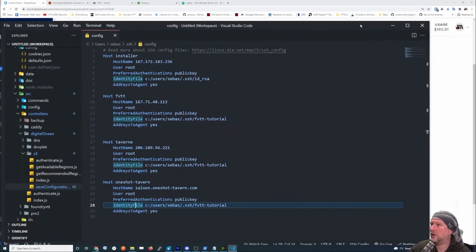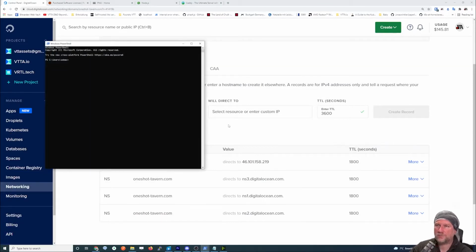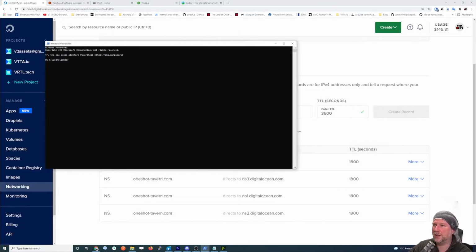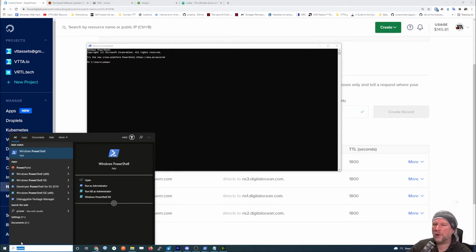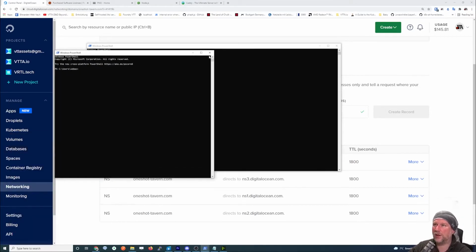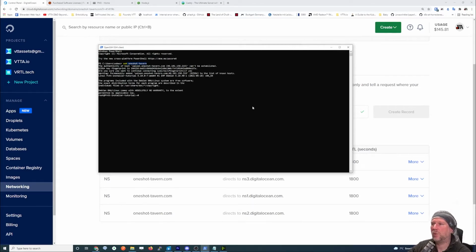With that saved, we can close the editor again, and we can open a PowerShell window by hitting the Windows key and typing power, and as you can see, the suggestion PowerShell was already highlighted, so I can start that with hitting the enter key, and we will SSH into oneshot-tavern. Okay, here again we got this fingerprinting. This host isn't known yet. Are you trusting this host? Yes, we trust that. Good. We are now